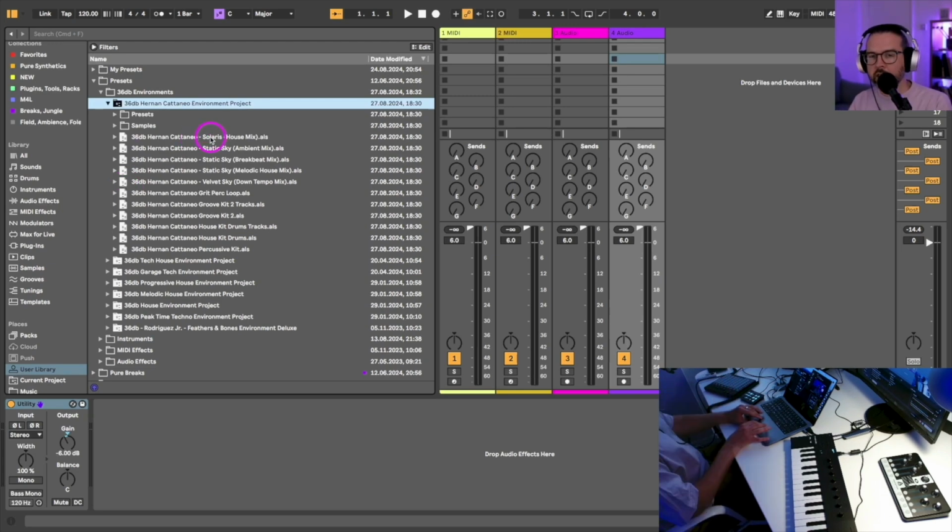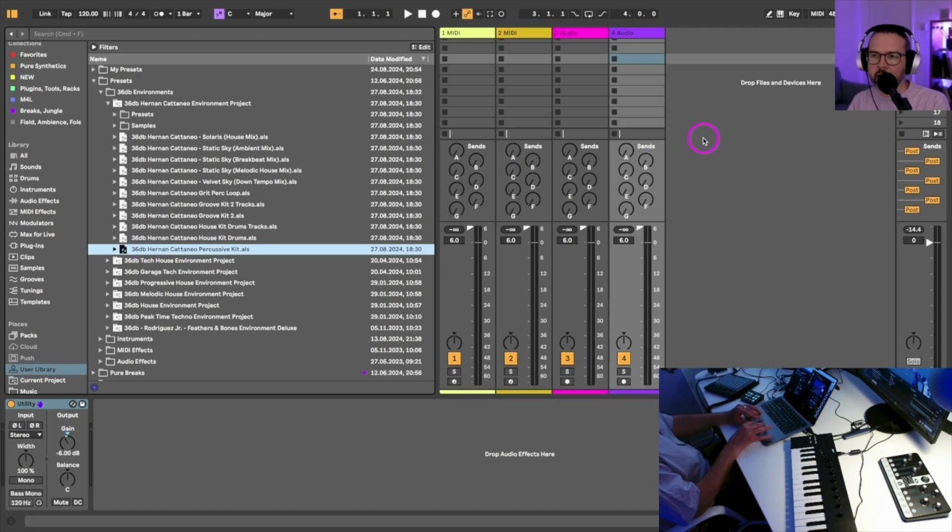and making a tune with it. As you can see, we've got various mixes of Hernan's tunes, Solaris, Static Sky and Velvet Sky, along with some Ableton sets containing just things like the drums and percussive kits. These would be really useful to drag into existing projects where you might have bass and pads and melodic ideas but no drums or percussive kits. You can just drag that stuff in,